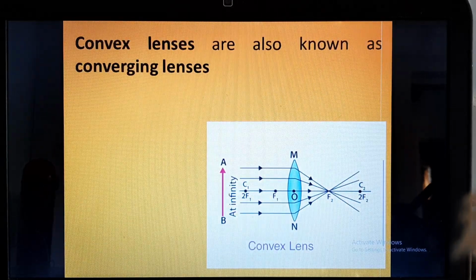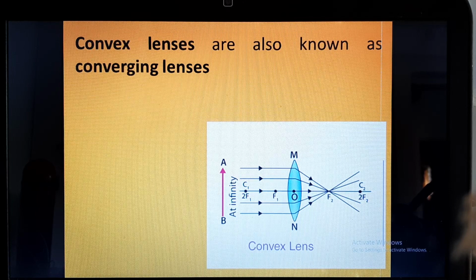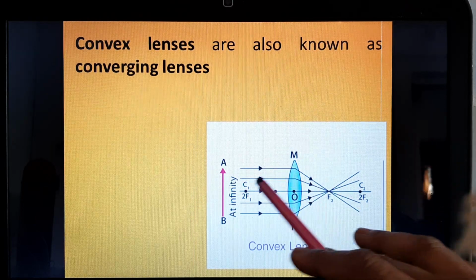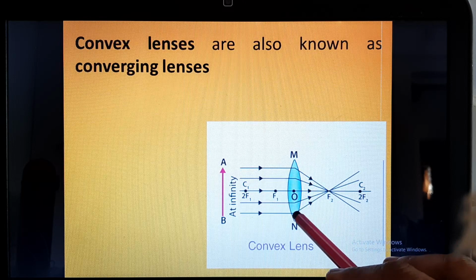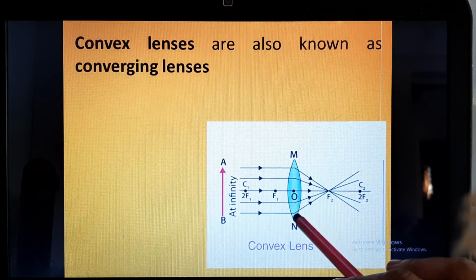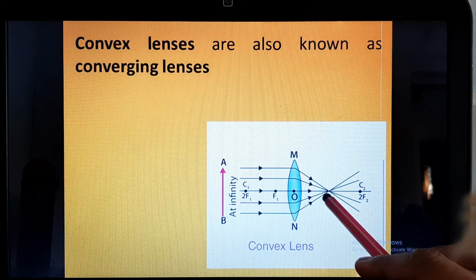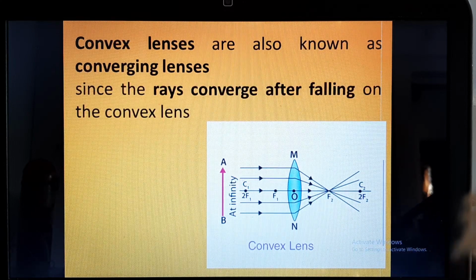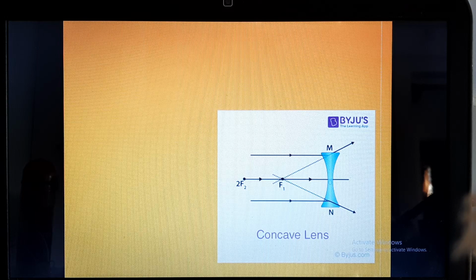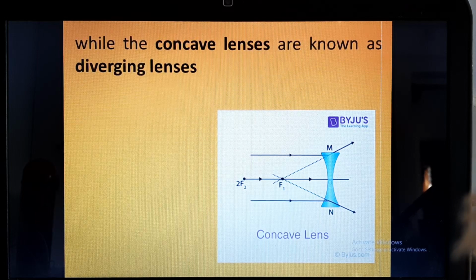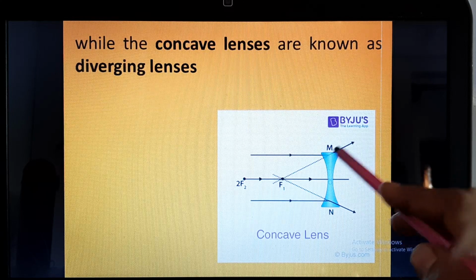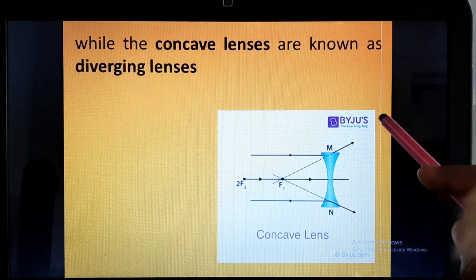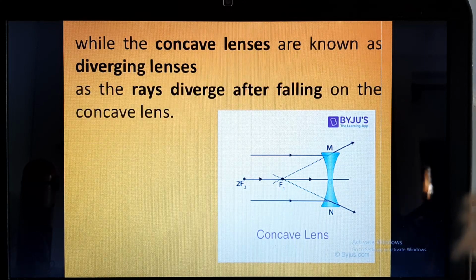As we had discussed, convex lenses are also known as converging lenses. Why are they called converging lenses? Because after refraction the light bends inwards, and comes together to a focus point. Here you can see light is coming in a parallel beam, and after passing through the convex lens it refracts and bends to a common point. All rays are coming together, therefore this is a converging lens. And what happens in a concave lens? Whenever the light passes through the concave lens, the light refracts but it bends outwards, so all light rays disperse or move away from each other. That is why this is a diverging lens.